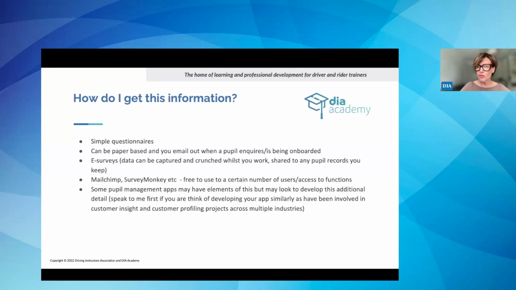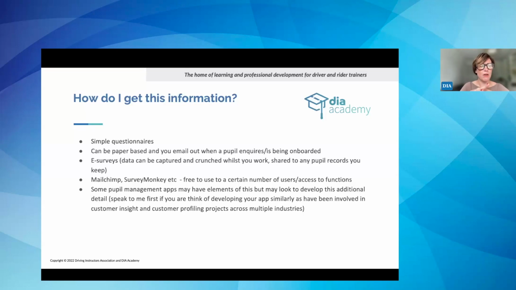Obviously, 17 to 25-year-olds, the typical Cat B learner type, and Silver Surfers increasingly are now digitally savvy and they are happy to fill out forms. They're forced to fill out forms for everything else, from banking to NHS services. So digital surveys are useful because the customer is able to use digital means now, but it is also more useful for you because it captures the data and can be used to crunch the data sooner and put it with your records than the paper-based versions.